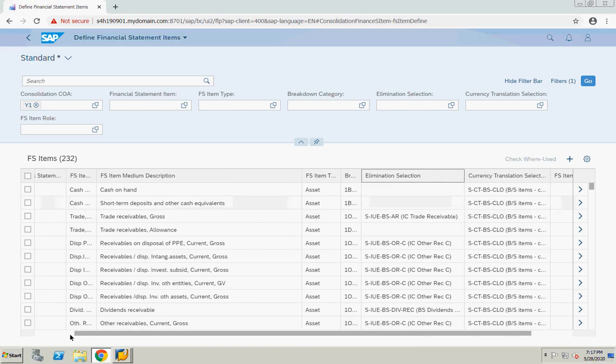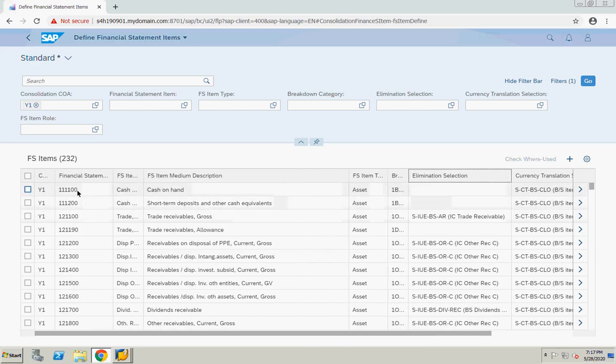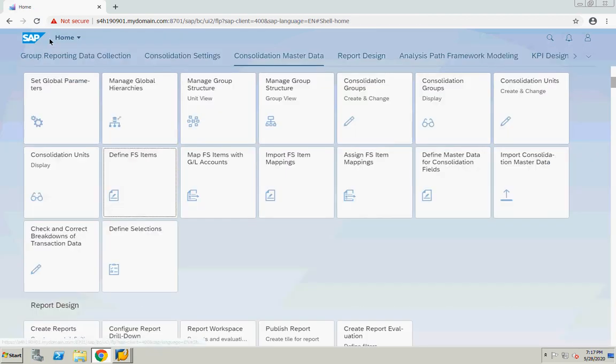So my suggestion here is, if the customer doesn't want to use this FS item name, however, the descriptions you can use the same, and the attributes you can use the same values. Remember, don't change the attribute value. You can replace this financial statement item. For example, you download this master data, whatever master data is there.